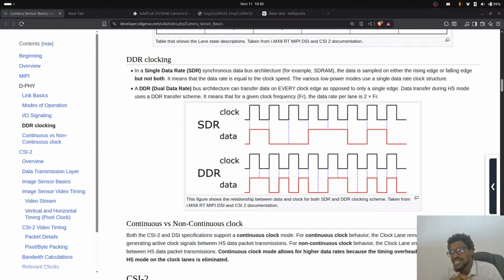And what this means is, when do you sample the data? Normally we would sample the data either at the leading edge or at the trailing edge of the clock. So is it rising or is it falling? And we would sample the data then. So you're basically saying, if you have some sort of,